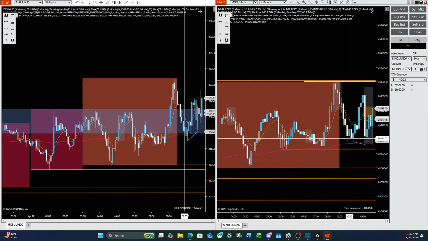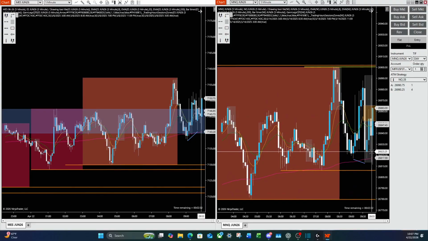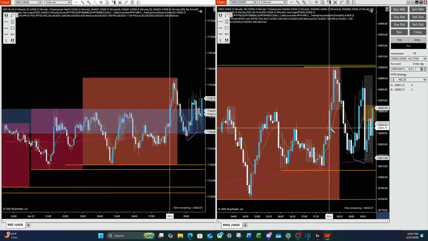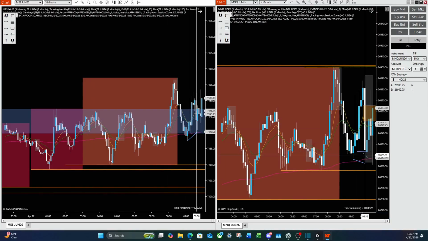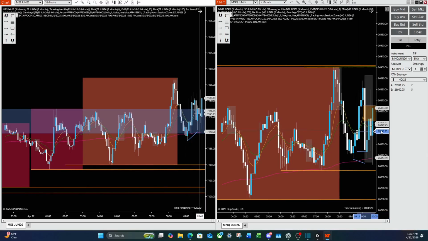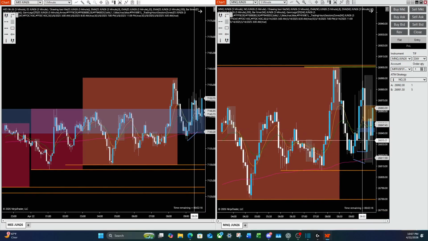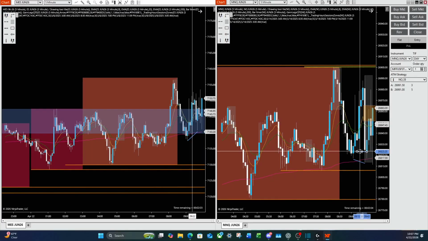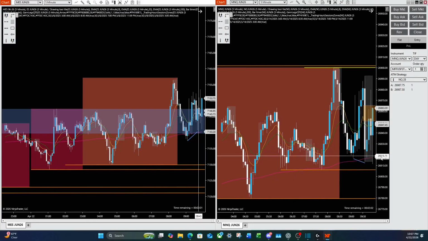After we break this, even though we did not break 5-minute structure to the downside on MNQ, what we did do was we inversed this gap on the 5-minute on MNQ. So then, technically you could argue we are in bearish order flow because we just respected this gap, but it was the first 5-minute candle, so that's a lot more volatile. So I needed to wait a little bit more into market open to let this develop to see what we were going to get.